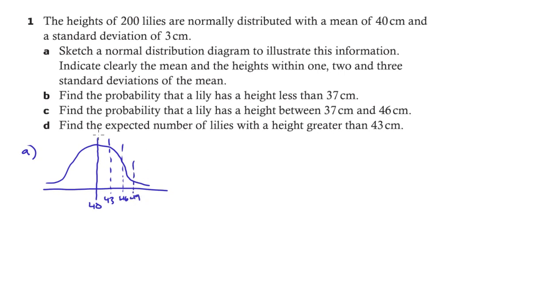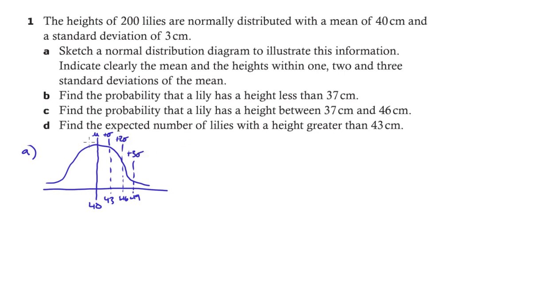So this is the mean, this is the mean plus a standard deviation, the mean plus 2 standard deviations, and the mean plus 3 standard deviations. And that's like our little mu. That's our mean. And then this is our mu plus 1 standard deviation, plus 2 standard deviations, plus 3